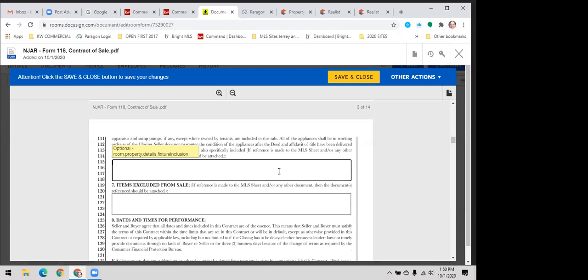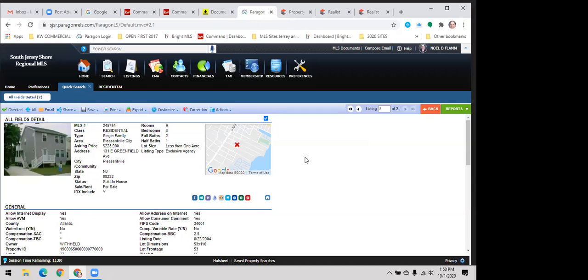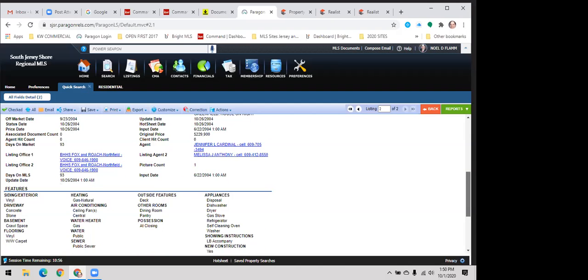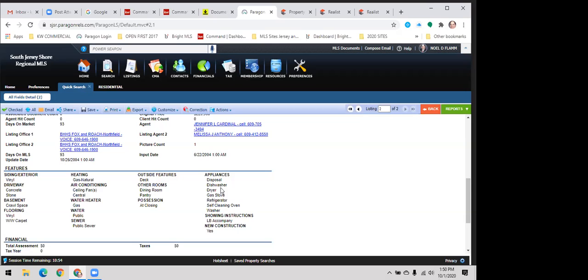Inclusions. Inclusions are on the MLS. So if you go to the MLS, now I might have lost it by now, and I'm still here. Now this is an old listing, so it may not be there, but it tells you what's included. All these appliances are included. Some people will write appliances per MLS. Some people will actually